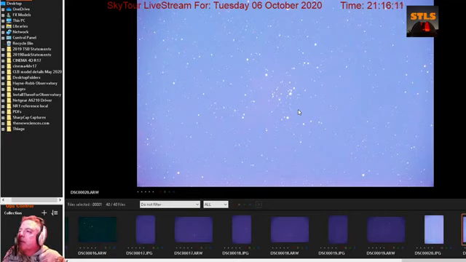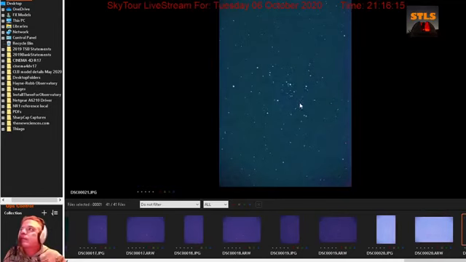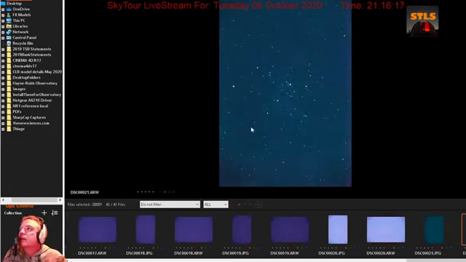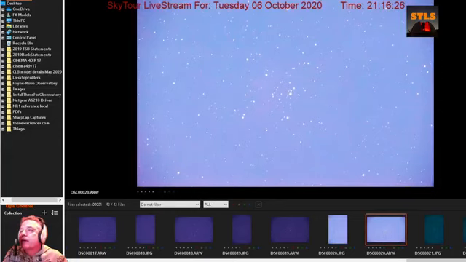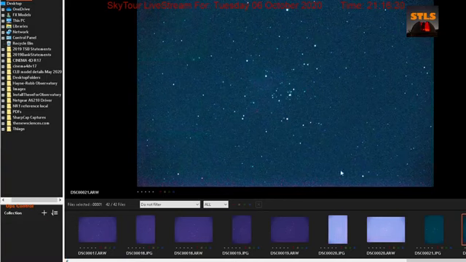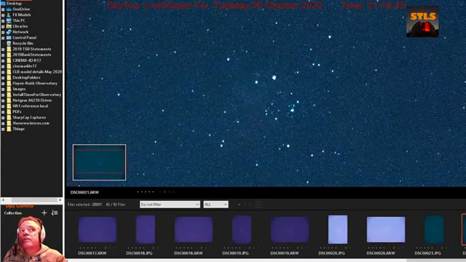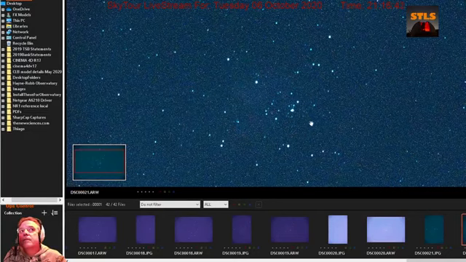I think we should look at the double cluster before we head over to Mars, don't you think, Daryl? Sure. Yeah. Okay, now here's an idea, just to give you an idea. That previously bright image with the somewhat wider narrowband is much darker with the regular narrowband. Now, it doesn't look like there's a lot of nebula in here, but you'll be very surprised because you can actually see the nebula here. See it? It's pretty clear.